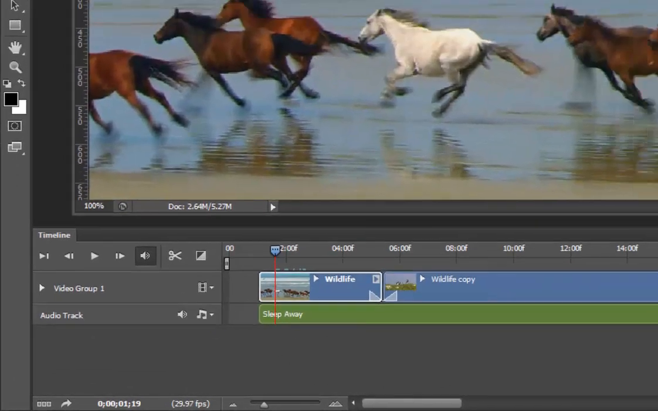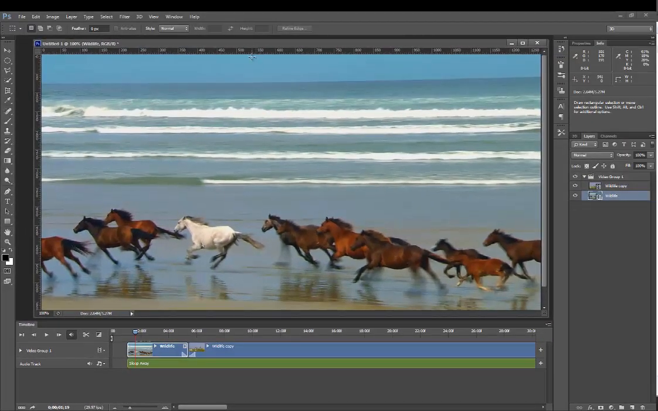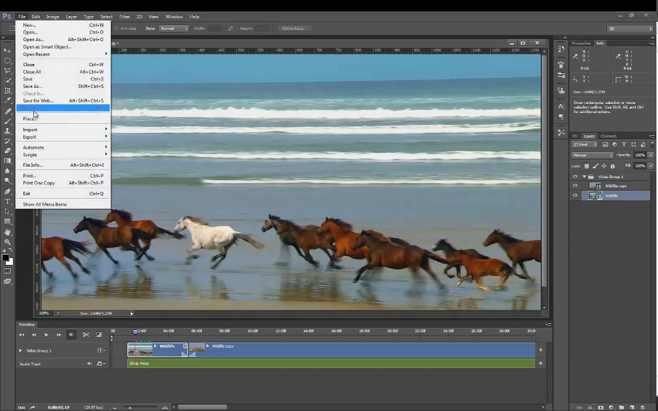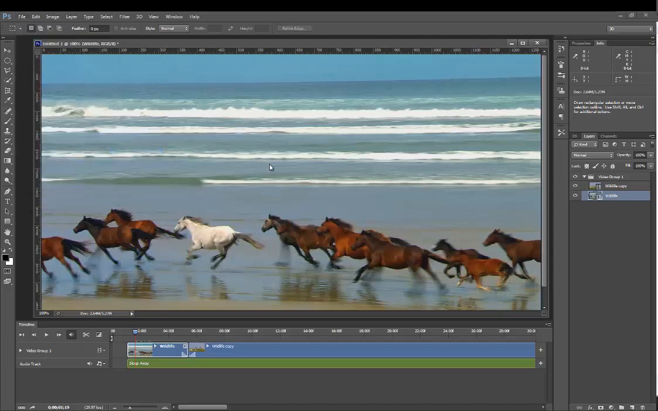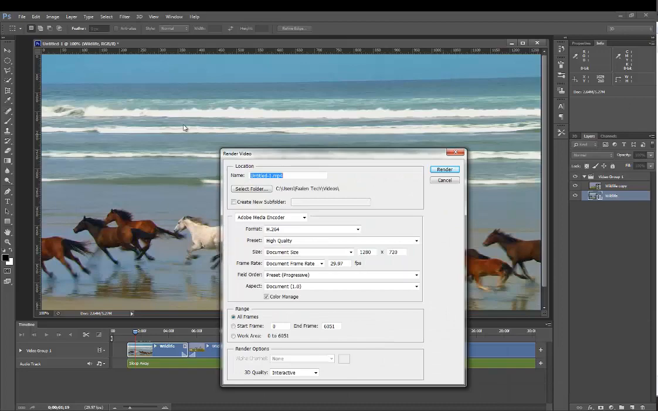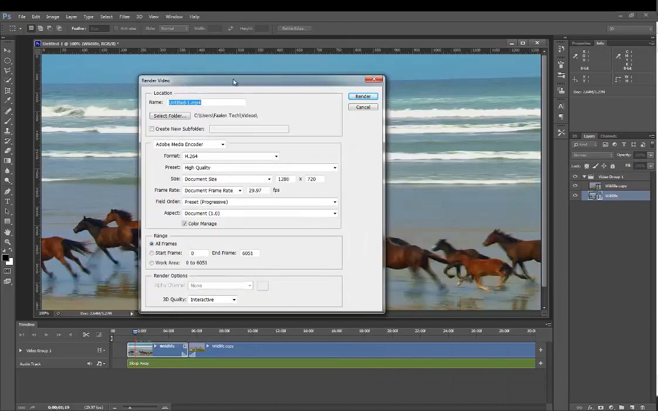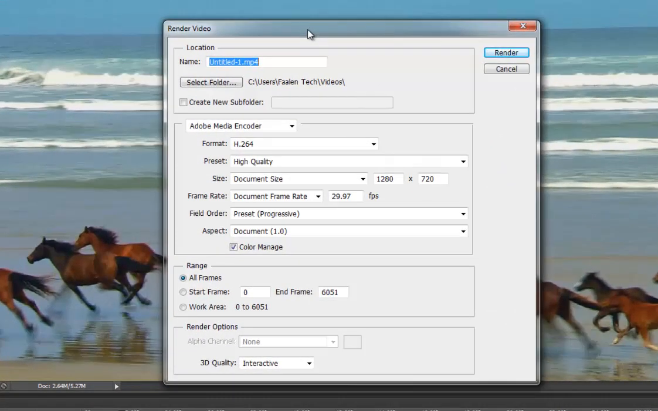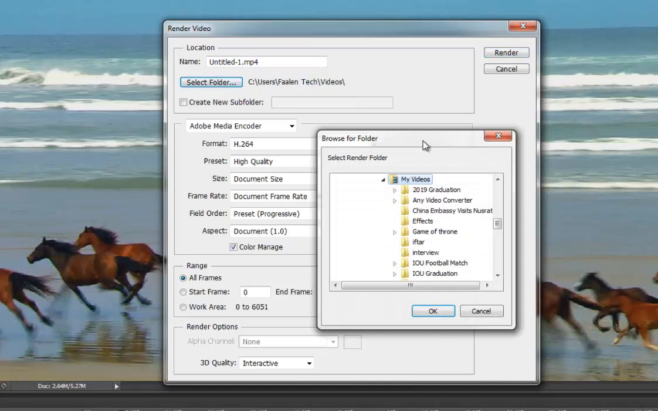So when you are done, you should be able to export or render your video. To do that, you go to the file here, and then you click export. When you go to export, you click on render video. Now within the dialog box, you can give your video a name, and as you can see, the default format will be MP4. You can also select the folder where you want your video to be